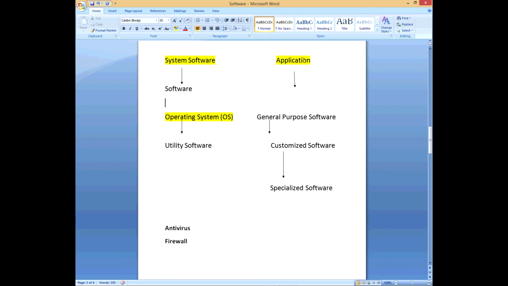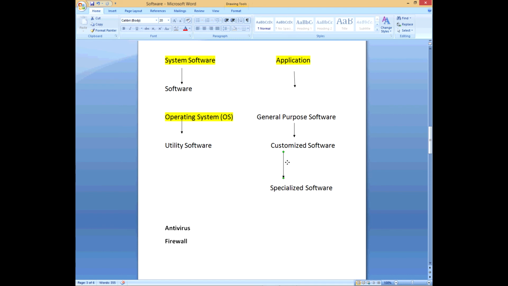All right. So application just means app, something that you can use on the computer, that is. So we have application software, and it's broken down into three categories, or three types. We have general purpose, meaning everybody can use it.